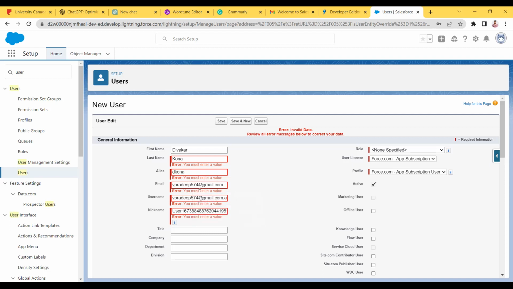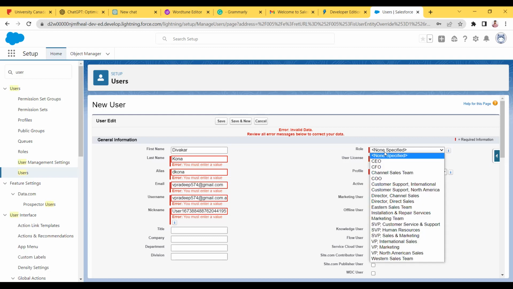Actually, right now what I'm doing is I'm not using Divakar's email address, because he may be using his email address to create his account. So what I have done is I have renamed the user as Divakar Khona and given Pradeep's email address, so that Pradeep will again get new user details for himself, but with a different name. Divakar will create for himself. This is just an example. Email can be anything, username can be anything, but the email should be one where the password needs to be received. As simple as that.